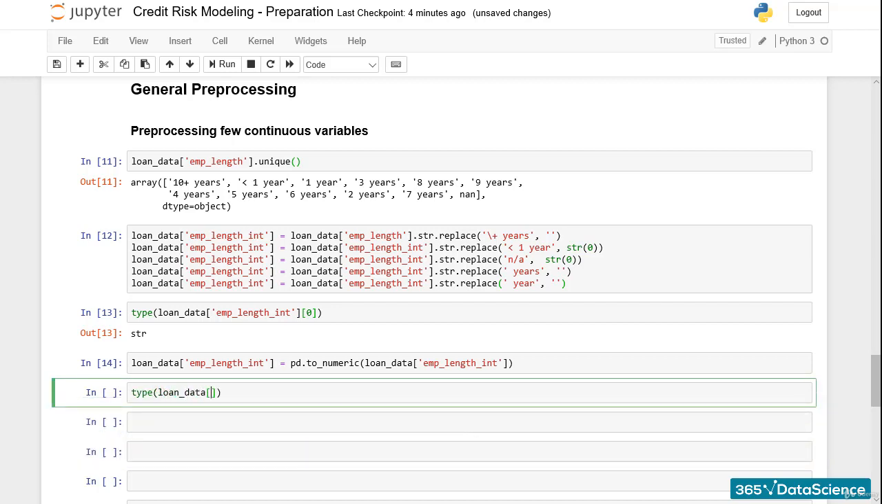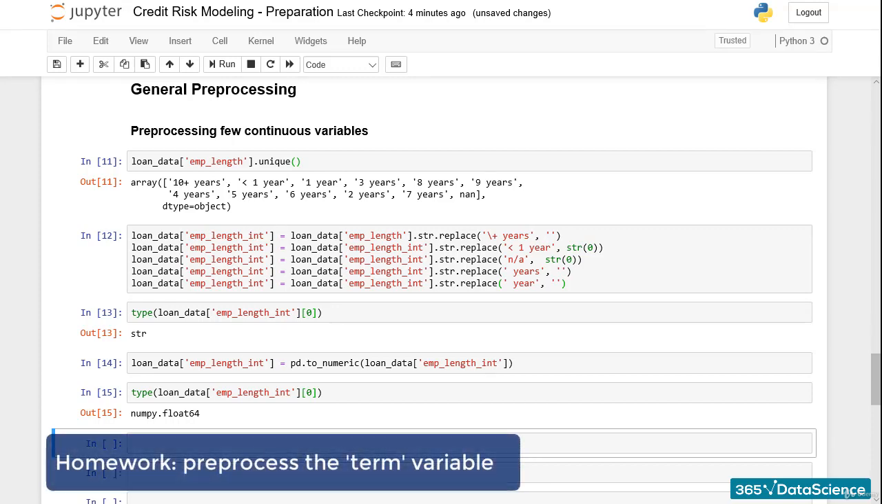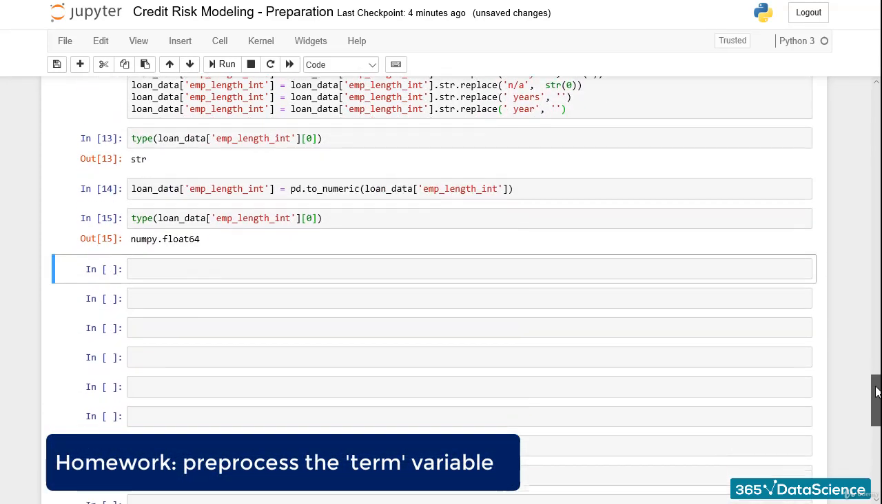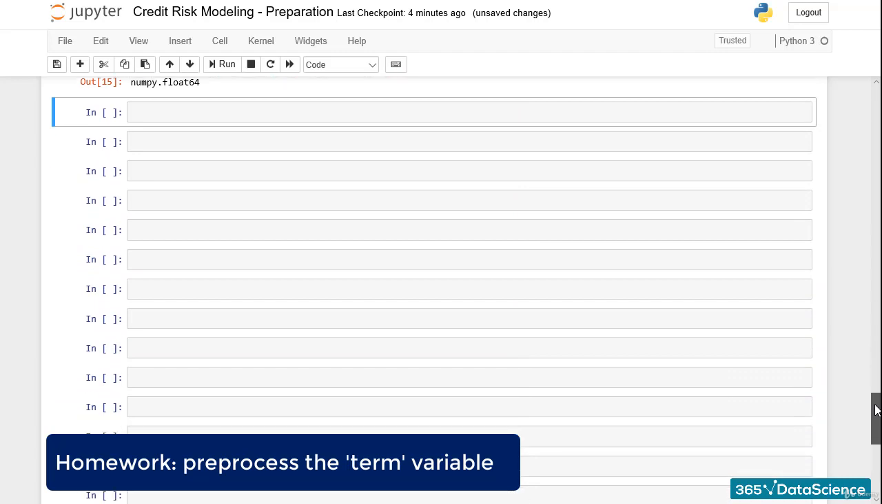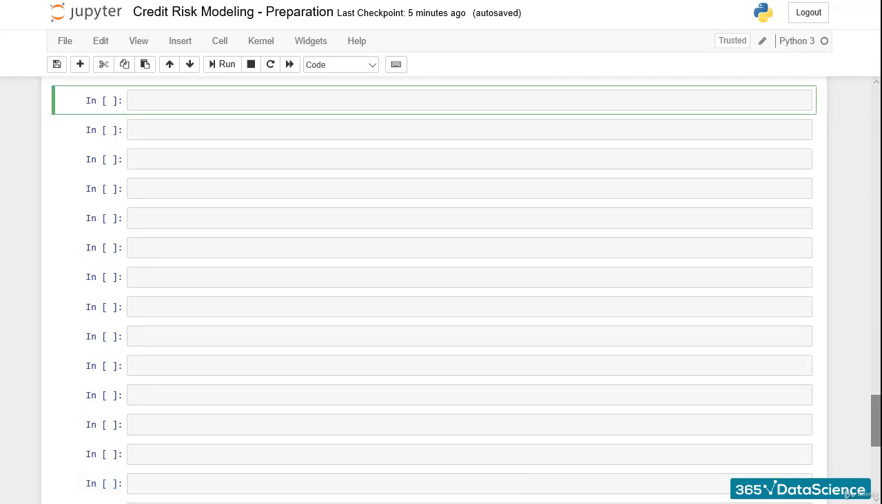Let's check what the data type of the first element is again. Great, it is float64, a numeric variable. Another variable requiring a similar treatment is term. However, we'll leave it for you to exercise as homework. We will do that a lot during this pre-processing part, so please pay attention while we show the operations and practice them afterwards. Great! Now, take a look at two other variables, date of earliest credit line and loan issue